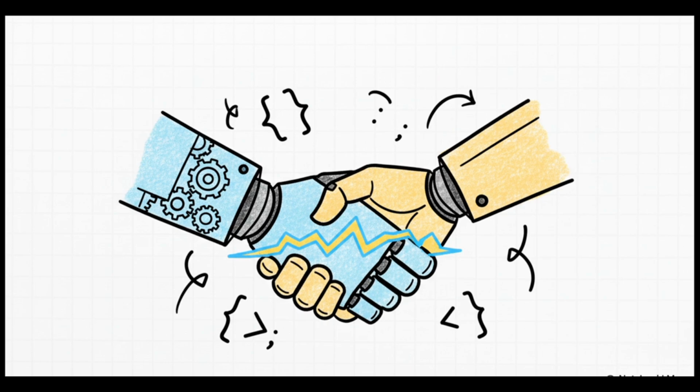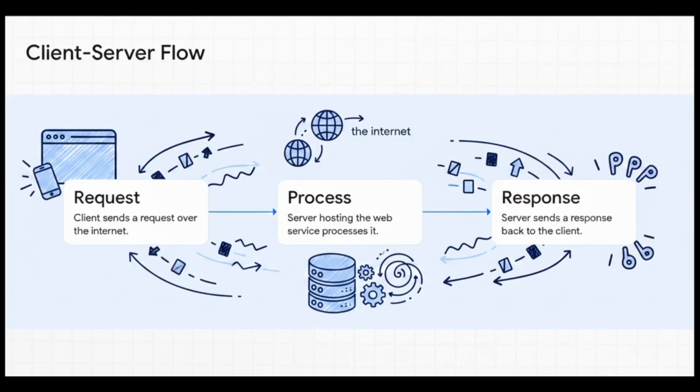The underlying platforms, the technologies, the programming languages, they all become completely irrelevant. By operating on standard web protocols, these services make sure your systems don't need to share a native language or even run on the same operating system to communicate effectively. They just need to know how to interact with the service interface. It's brilliant. So let's look under the hood at the actual mechanics of this flow.